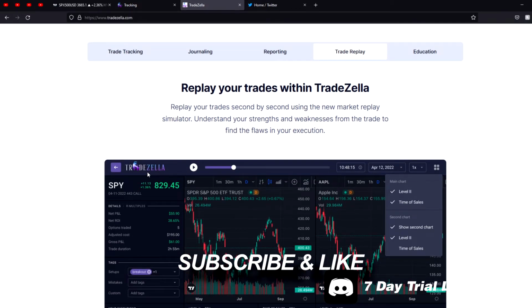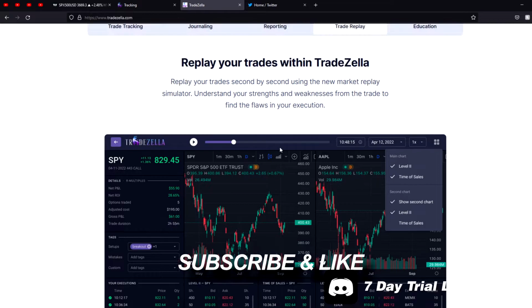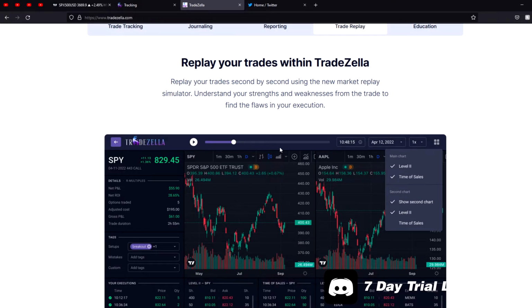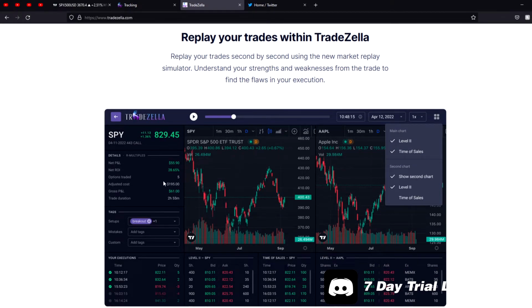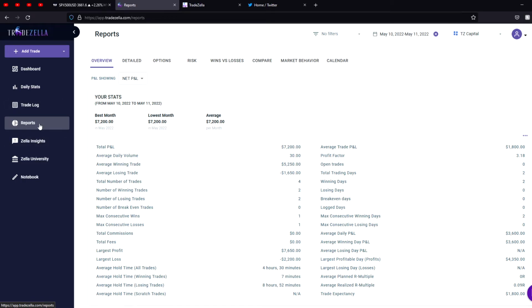However, I do think it's very cool that they're coming out with this, and you're able to get more screen time without the market having to be live. So on the weekend, when the markets are closed, you can still get that practice in by replaying your trades. So for now, I won't take into consideration the pricing, but it is coming soon, and when it does, I'll make a follow-up video, like I said, to go thoroughly through it and show you guys how it works. But let's actually head over to the reports area, which I think provides probably the most